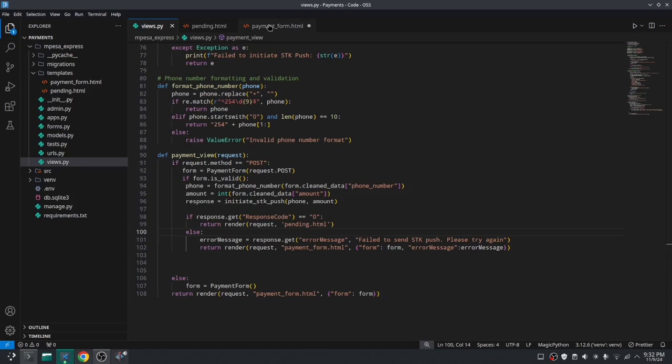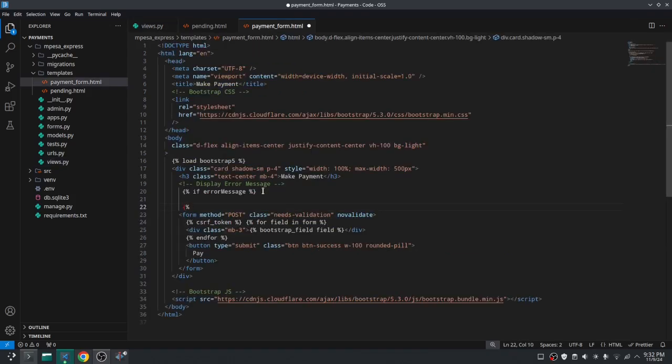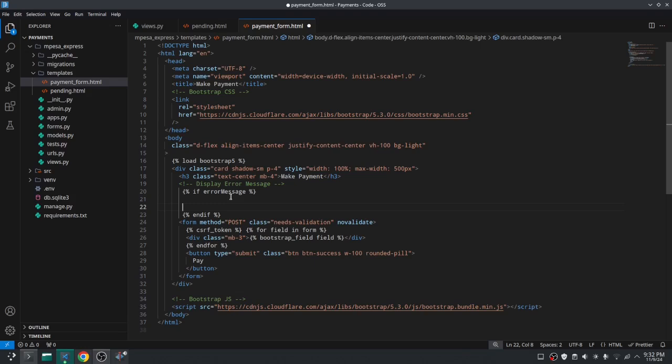So if there is that error message, let me just end if here, because I usually forget to end if. So if there is that error, I'll just create a div with a class alert alert-danger, like that, and this div will just display the error message, and you saw it's camel case, so errorMessage, like that. Okay,